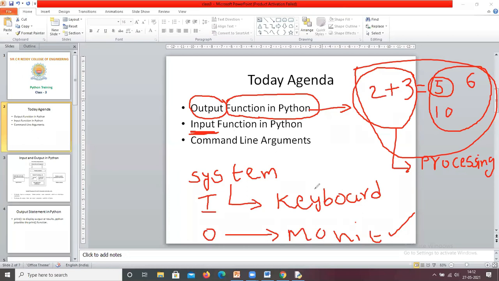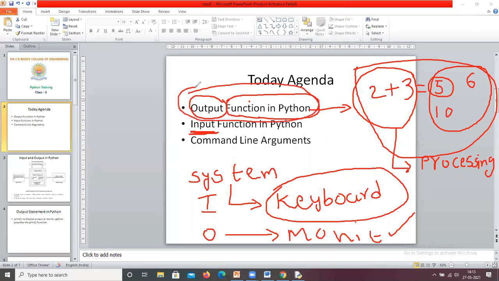Similarly, if you take any information from the keyboard, that we call an input function in Python. That means for taking input or representing data on the monitor, we need some functions, and those we call input and output functions. After processing some information, we get some data, and to present this data on the monitor we use an output function.